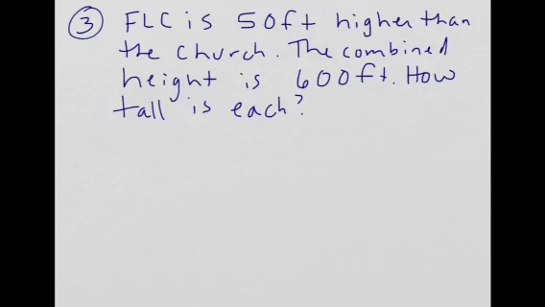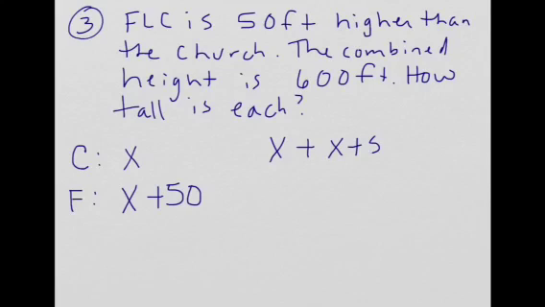The FLC is 50 feet higher than the church. The combined height is 600 feet. How tall is each? So for the church, we don't know how tall it is, so we're going to make it X. The FLC, we know, is going to be as tall as the church plus 50 feet. And so combined, X, the church, plus X plus 50, the FLC,